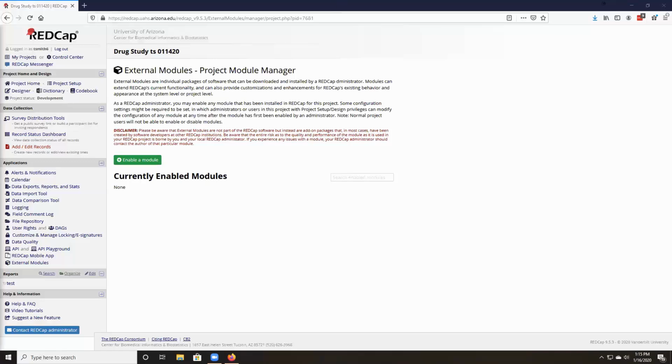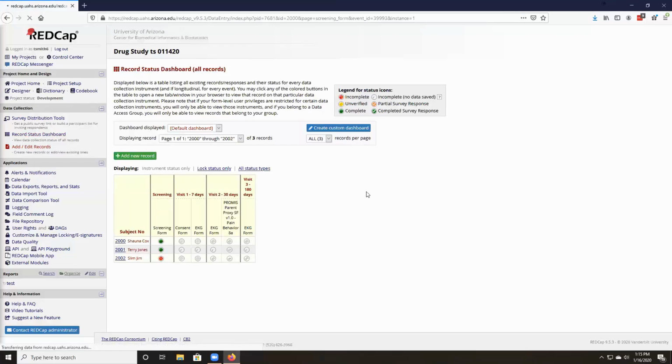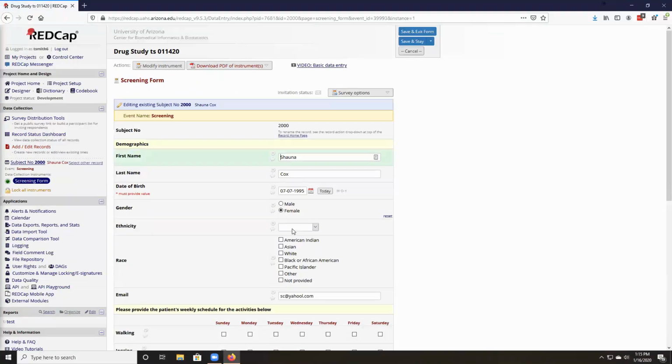So I'm here in this project. I'm going to look at my record status dashboard for a minute and open up a record. Now, ethnicity here has no value, okay, and there's no data in it. It would be nice if there were a way for, after the data has been collected, that you would be able to flag a field accurately to say nothing was provided, or there's a variety of different reasons that you